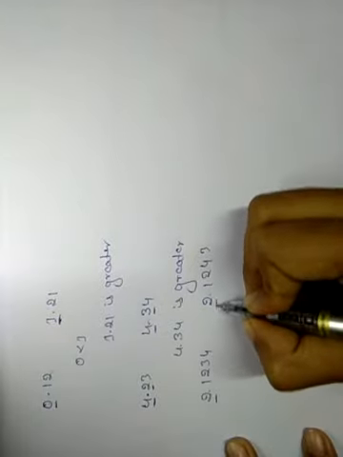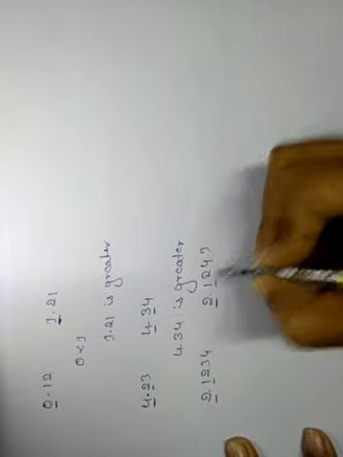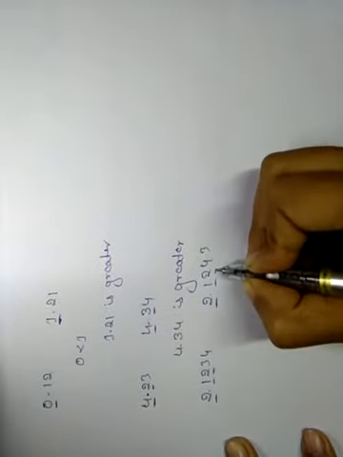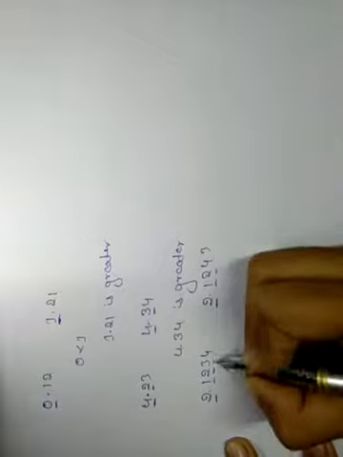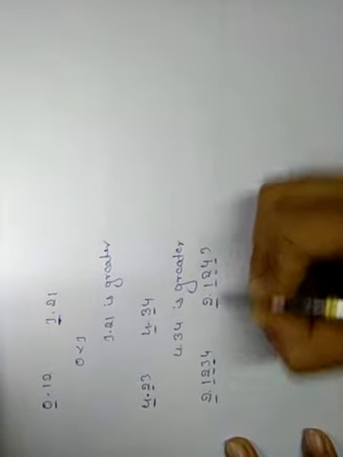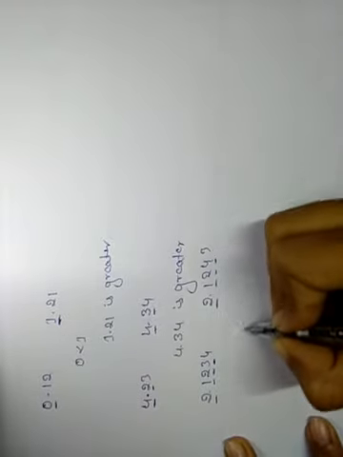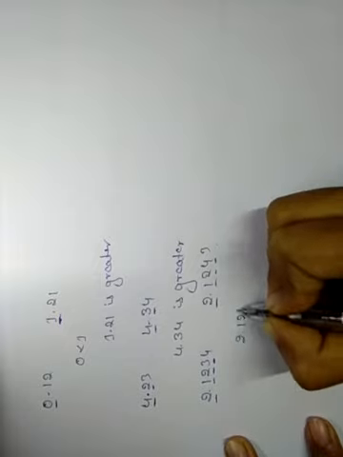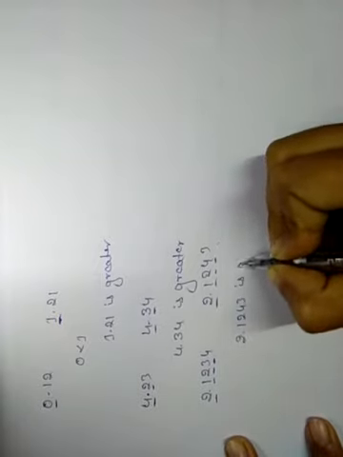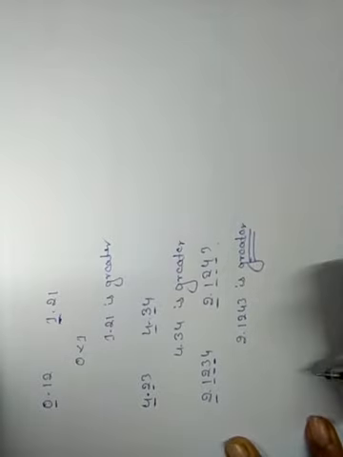First, here it is 2, here also it is 2. Now second digit, 1 and 1, 2 and 2, 4 and 3, here it is 4. Now 4 is greater than 3, yes or no? So 4 is present in this decimal number. So we can say that 2.1243 is greater. Right? This is how we have to find the greater decimal numbers.